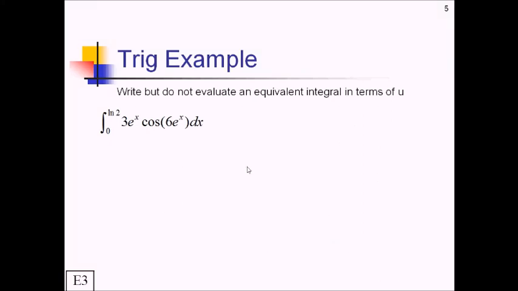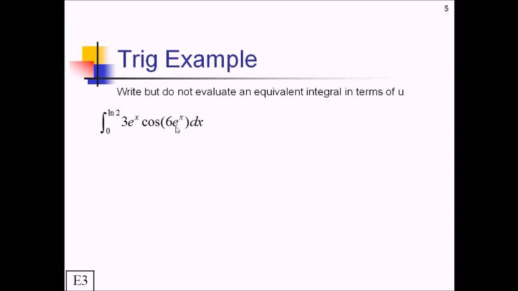So you might be wondering why I'm having you just make these into u values and not just substitute the x stuff back in and just use x values the whole way through. Well, one of the reasons is because the AP test often likes to have you write things in terms of u and not even bother evaluating it. So that's what we're going to do on this problem, just to get a little bit of practice. Pause the video and see if you can express this whole thing in terms of u, but then don't bother evaluating the integral. All right, so for our u value on this one, I'm going to use 6e to the